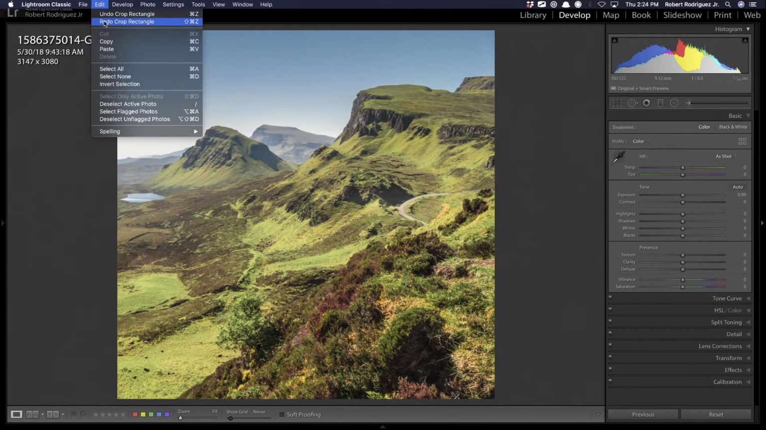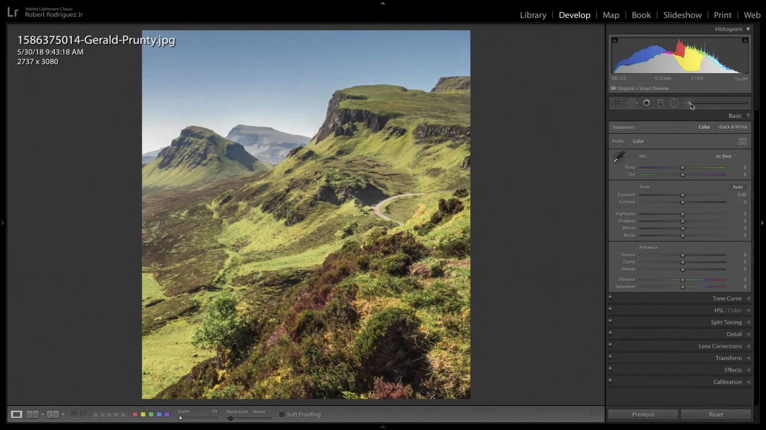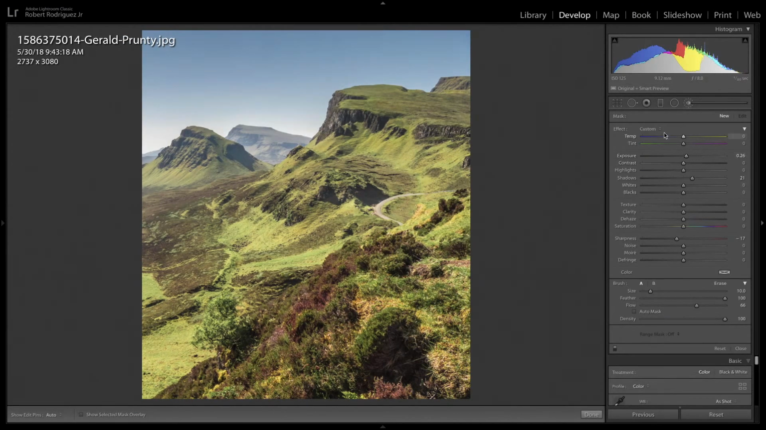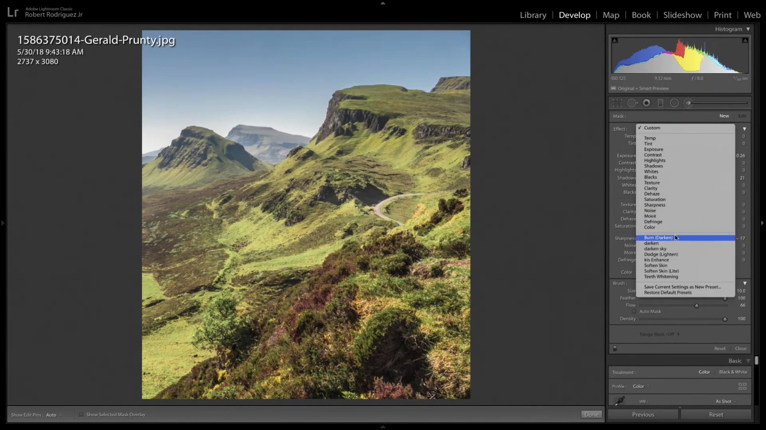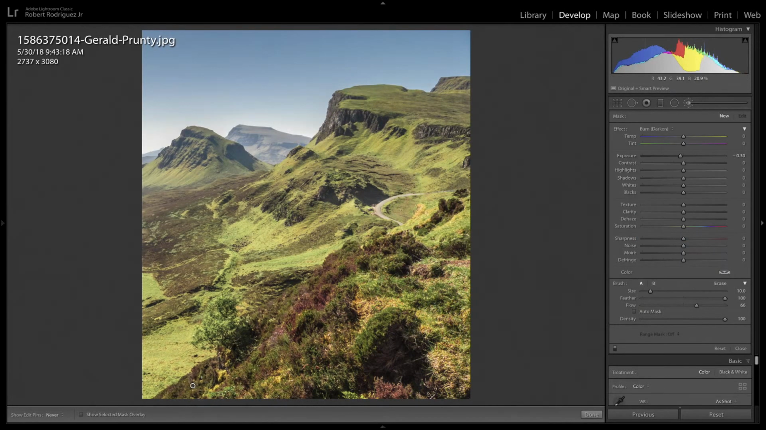Let's redo again. And then some basic dodging and burning to increase the contrast in the image. Let me go with a darken. I'm looking at some of the textures that are darker and using those as a way to create more depth and dimension. And I'll show you when I'm done what that looks like. So that's my adjustment brush that I added. And if we increase this effect,